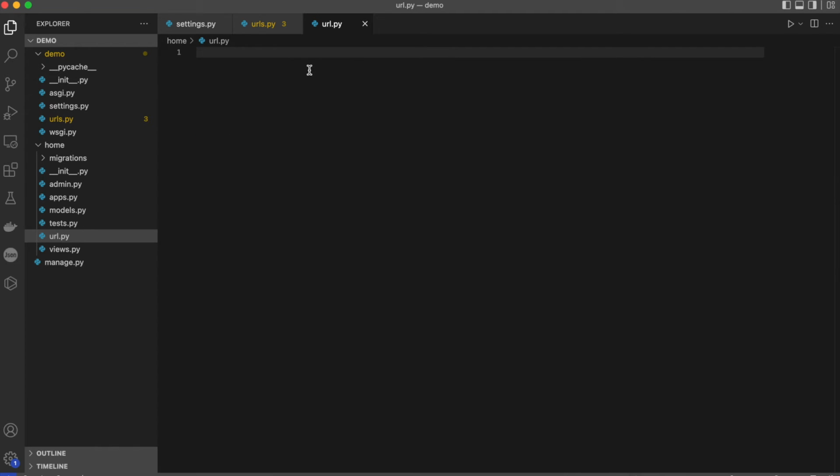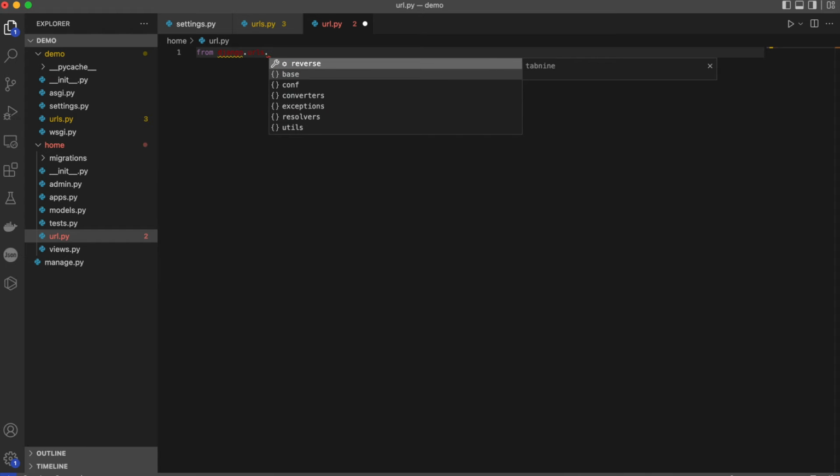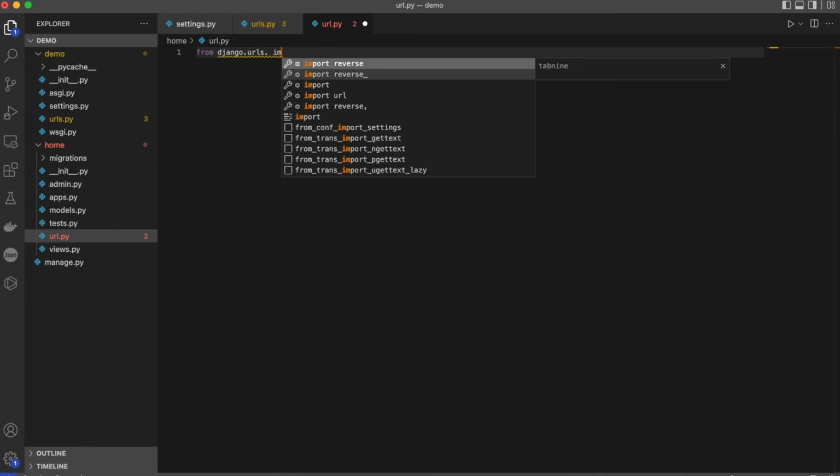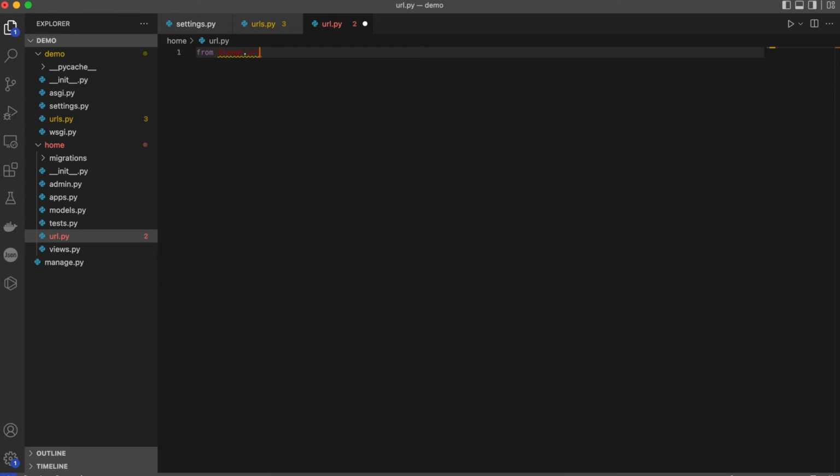And so in here we're going to do the same: from django.urls import path, and we're going to